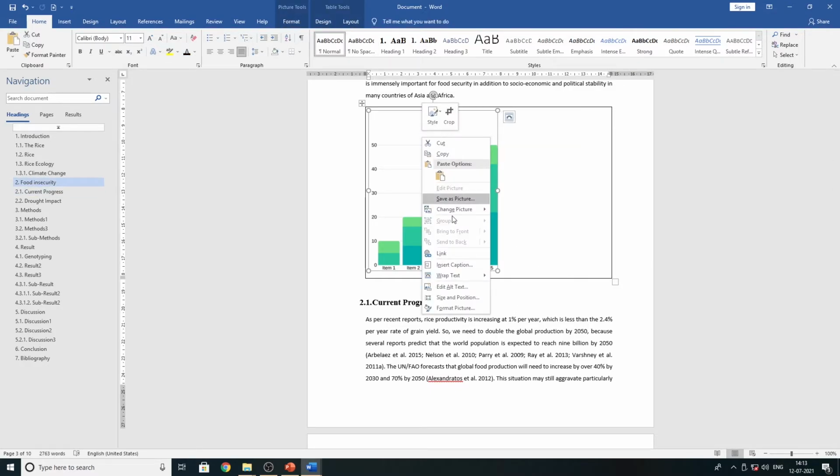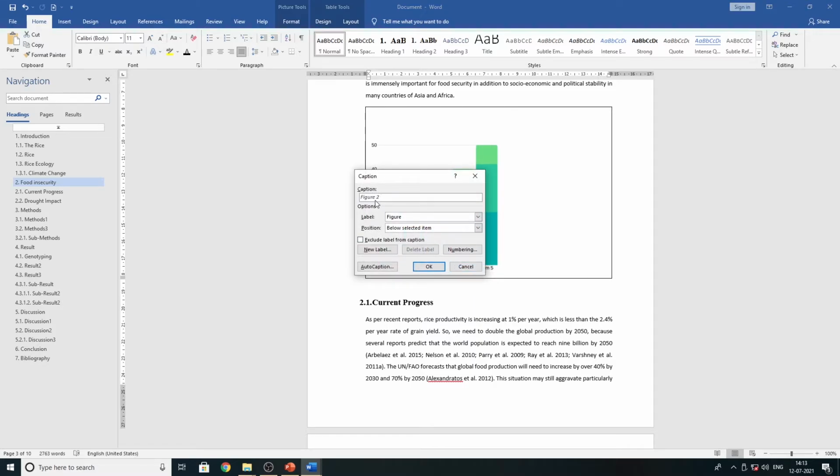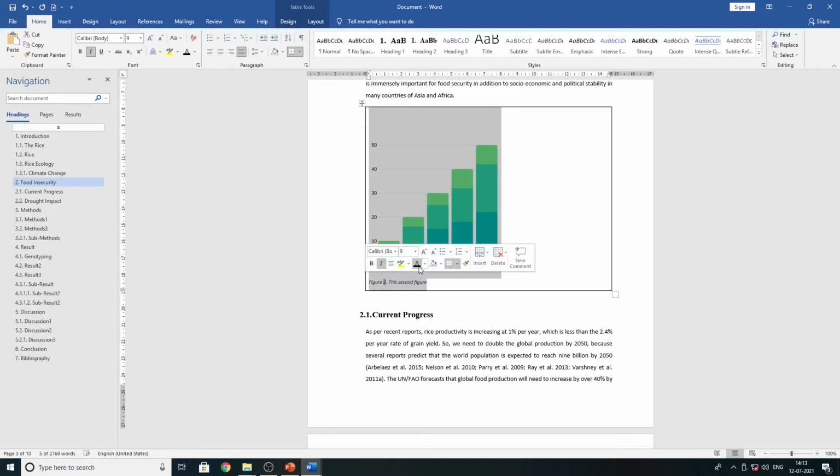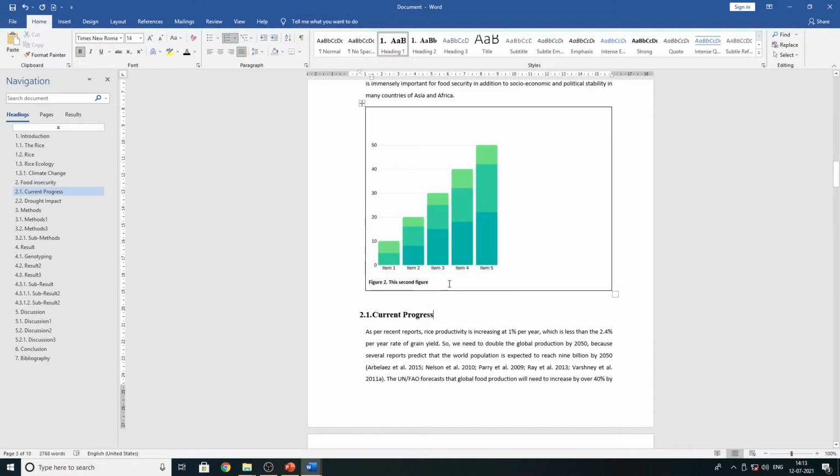Select the figure, right click, insert caption. This is figure number 2, automatically highlighted. Click OK. See, figure number 2. This is the second figure. Select that one and make it bold, non-italic. See, so figure number 2 is already inserted.